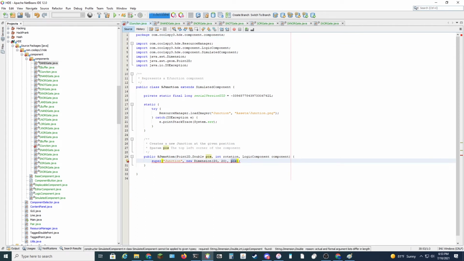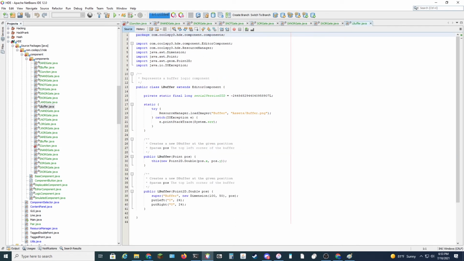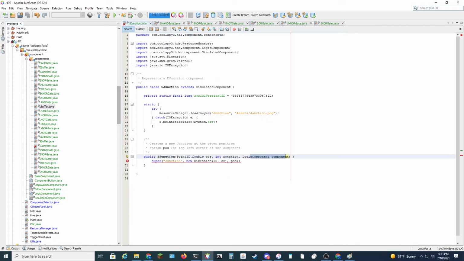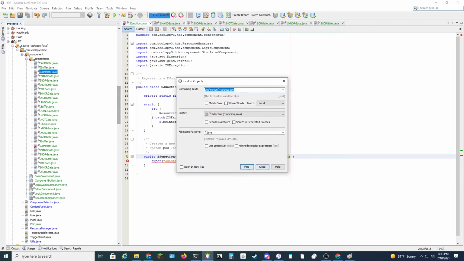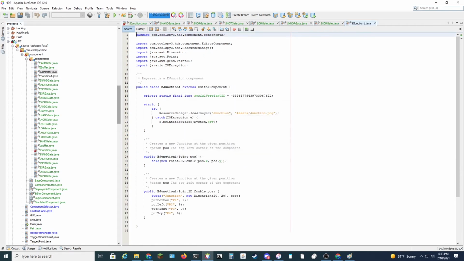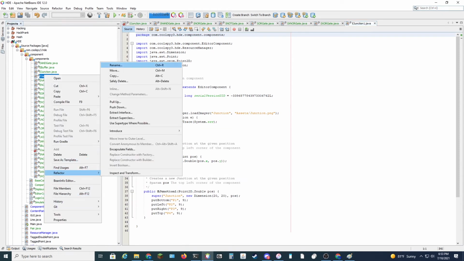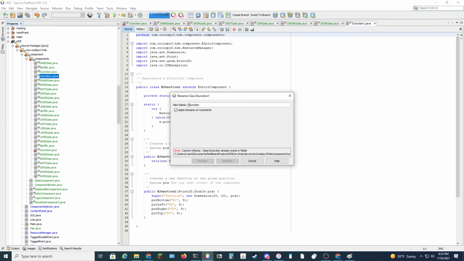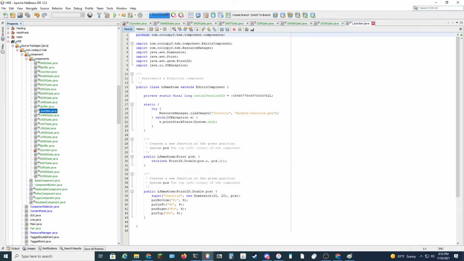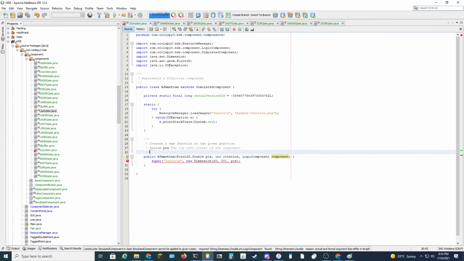Okay, I guess true, because junctions are going to need a logic component to correspond with that. So one second, we will need to go to E junction and rename it to L junction. There we go. And going back to this,